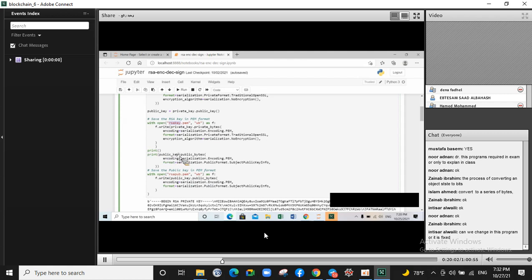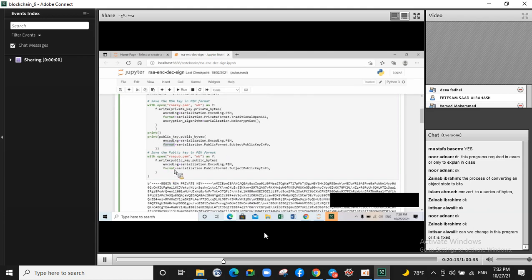Public key, as I said, is an object. This command serializes this public key, encoding PEM, and the format is this. Here I have saved the public key into a file named rsapub.pem. If I run the program,